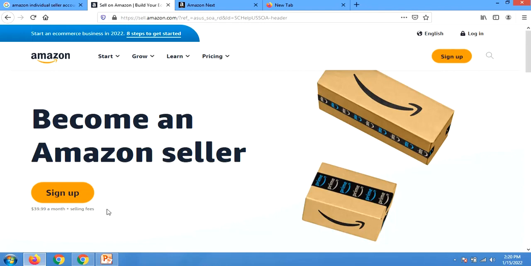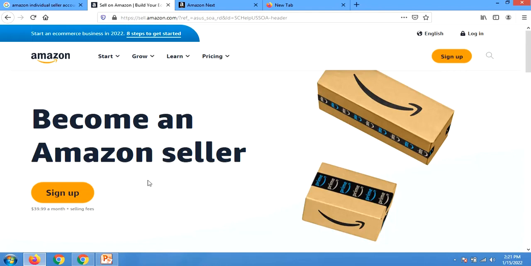For the individual account, you are not going to pay anything per month, but you only pay $1 after any product you sell. So when you just open a seller account, you can only see this account. When you click this and open it, you are opening a corporate account. You have to be careful.